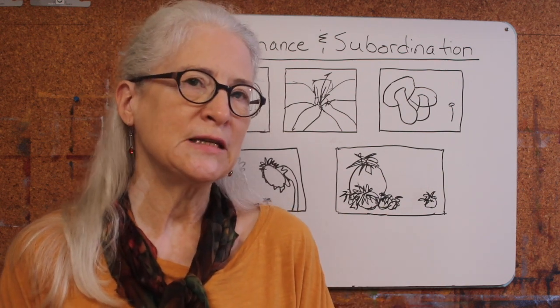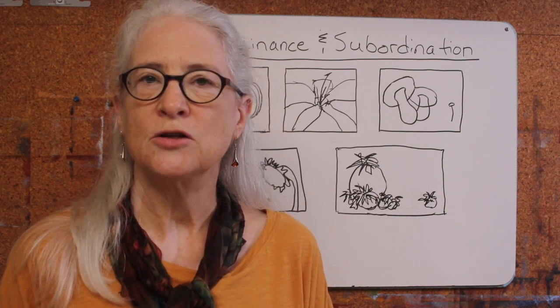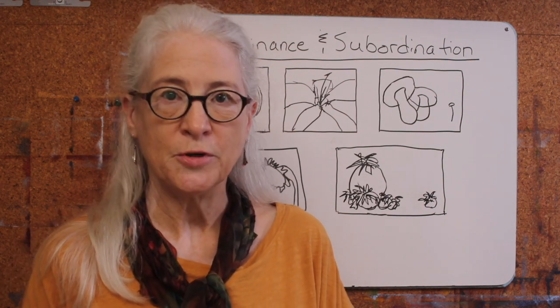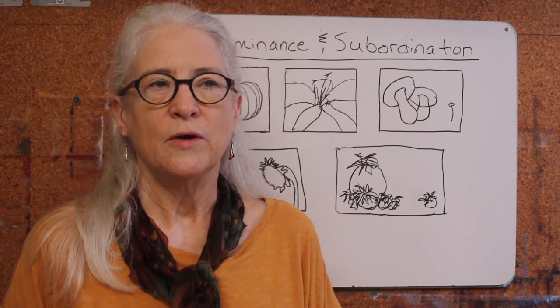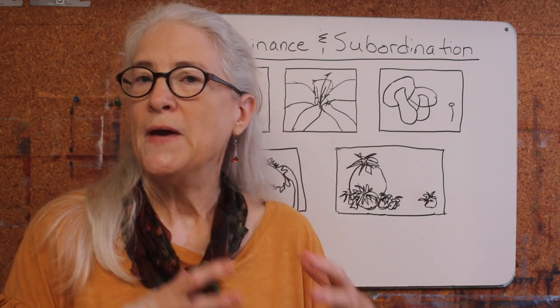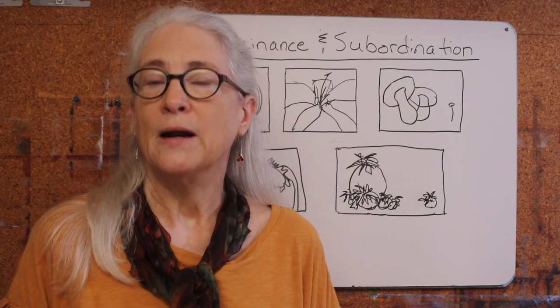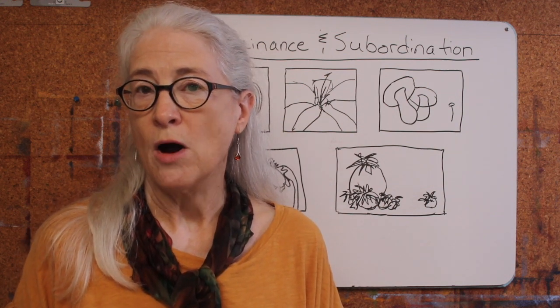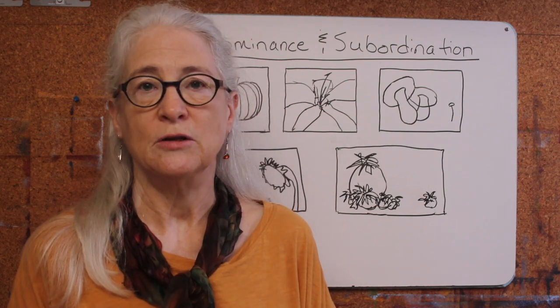You can also use distance because, as things get further back in space, things get smaller. So you can use distance as well. Generally, that's not used in botanical art and illustration, but it is an option. You also need to be thinking about, with balance and subordination, that the big mass can sometimes be the focal point, but a lot of times it's going to be the smaller subject